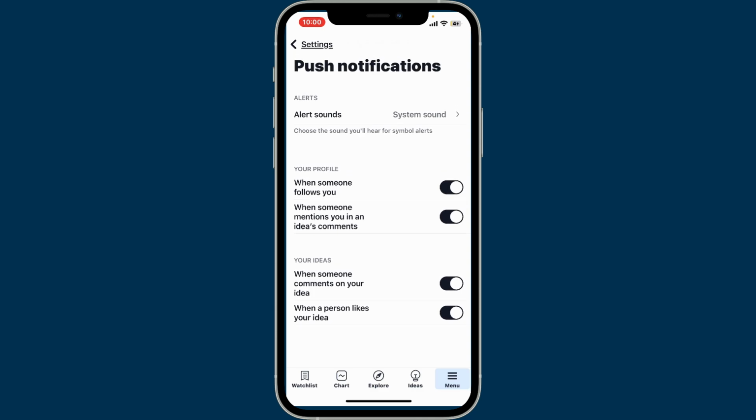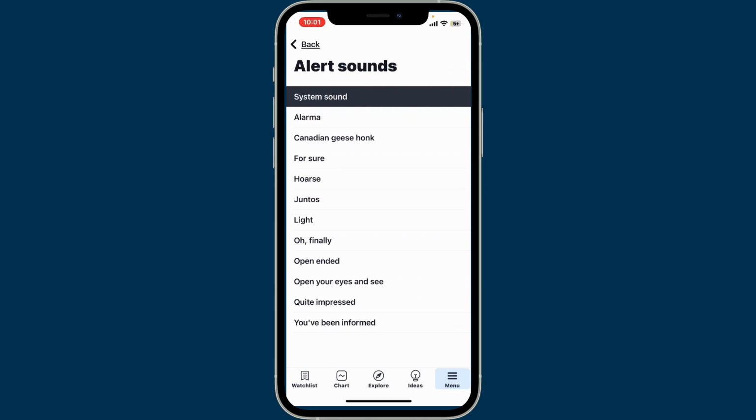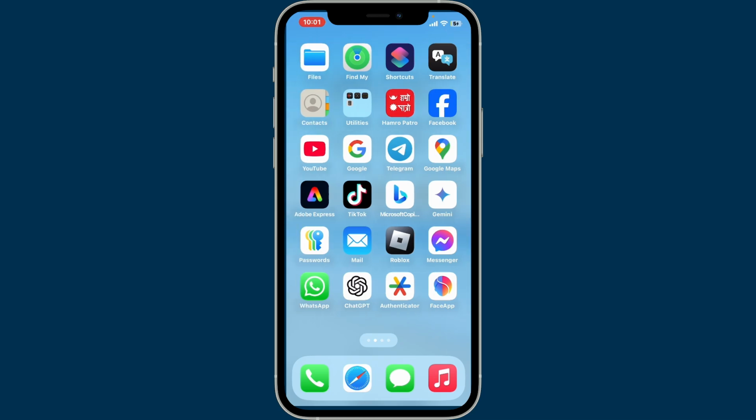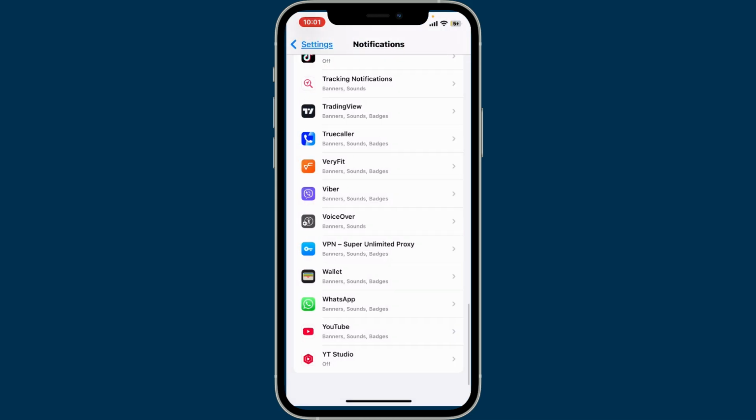You can turn on and off notifications for when someone follows you, someone mentions you in an ideas comment, someone comments on your idea, or when a person likes your idea. If you want to turn off any of these settings, you can simply toggle off the button right next to the option. To disable the notification setting, you can go back to the device's setting menu